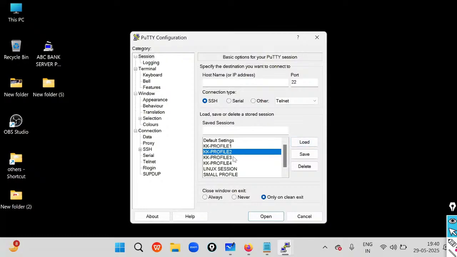Okay, now go to profile number 2, or you can also go to Venkatesh profile. Load, and afterwards the host name, sorry, IP address, the server IP address.